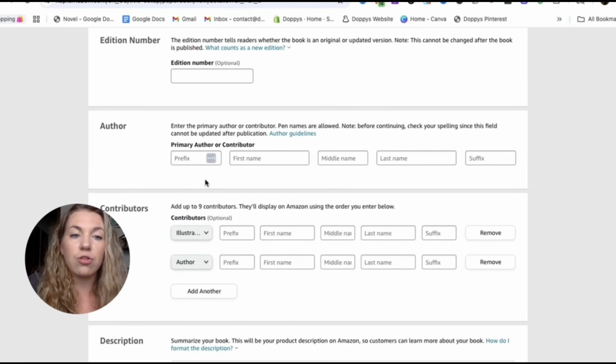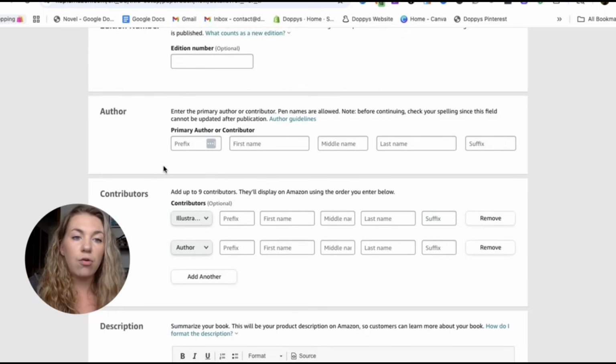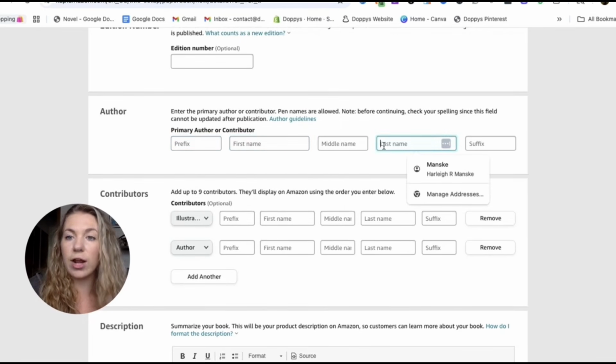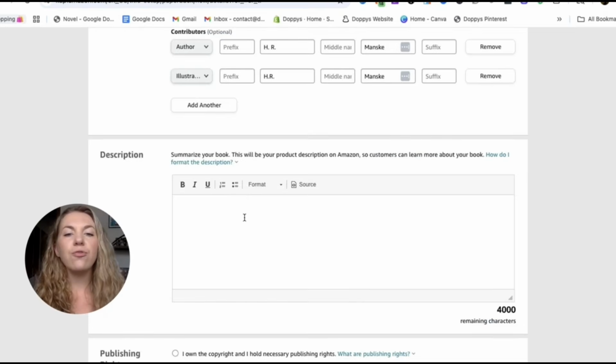But since I don't need to do that, we're going to skip it. So now we're to author and contributors. If you're just the author, you're just going to put in your pen name or your first and last name, whatever you feel most comfortable with. So then for your description